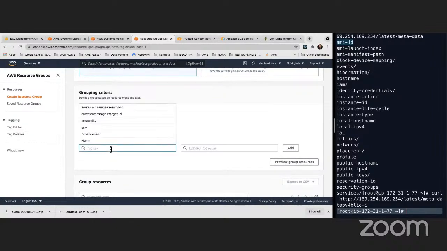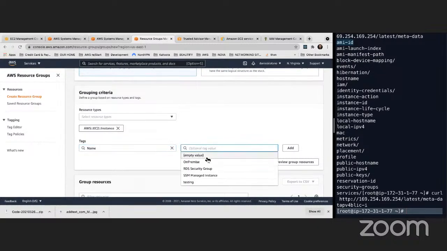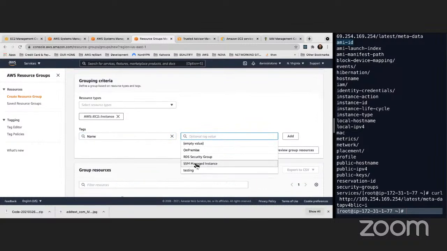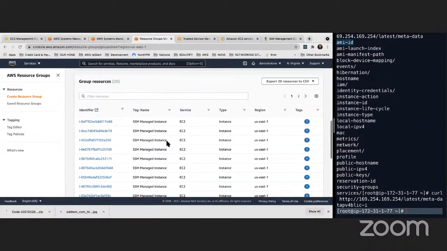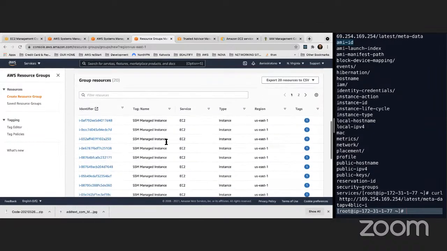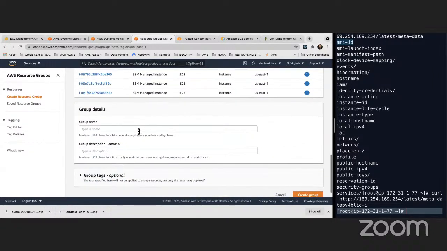So what is the tag? The key is name, and the tag is going to be SSM managed instances. Okay, now I can preview the group resources, and it's going to show me the 20 instances here. Okay, so this is going to be my resource group with all these instances, and this is going to be web, right? Web servers